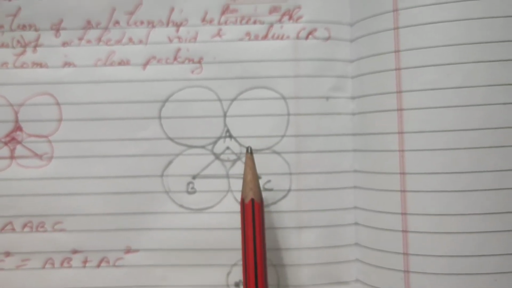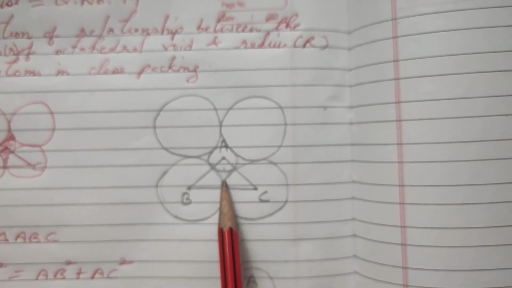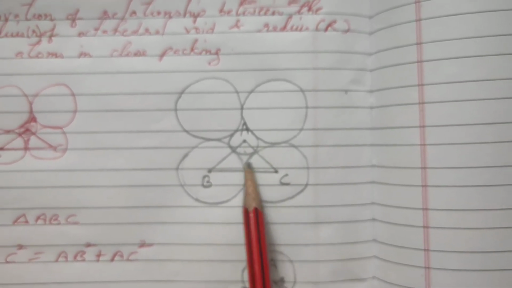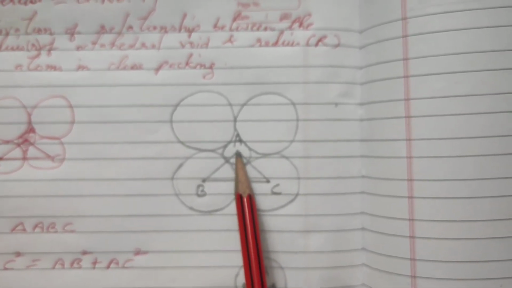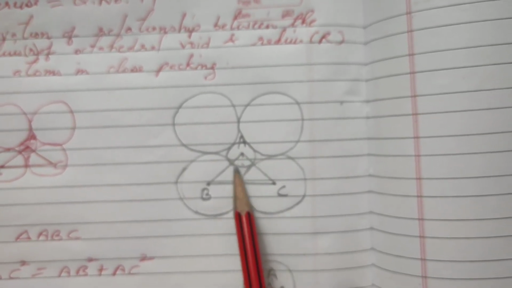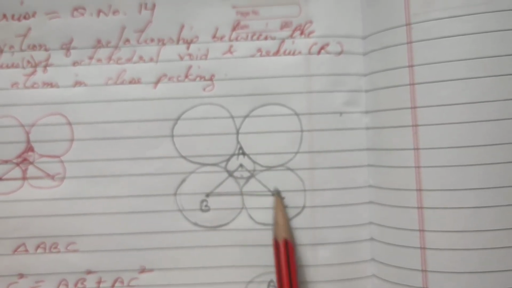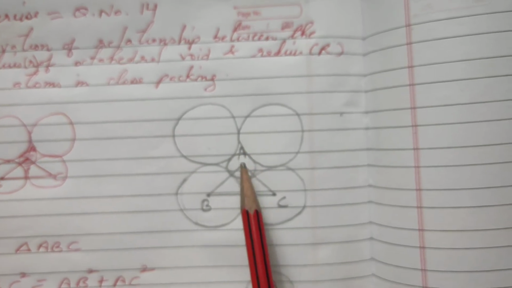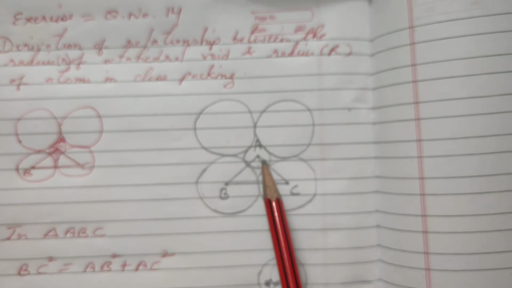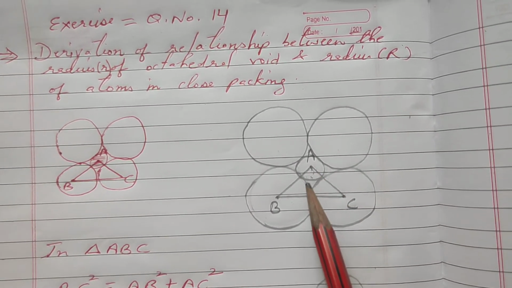Now there is a sphere above this and one below it. Above and below spheres are not shown here for simplicity. Now this void is in direct contact with six spheres. Four you can see, one is above this void and one is below this void. So we have to derive the relationship between the radius of this void